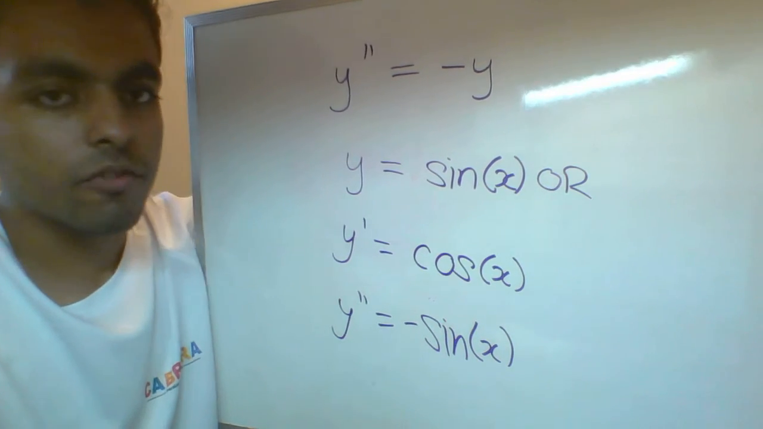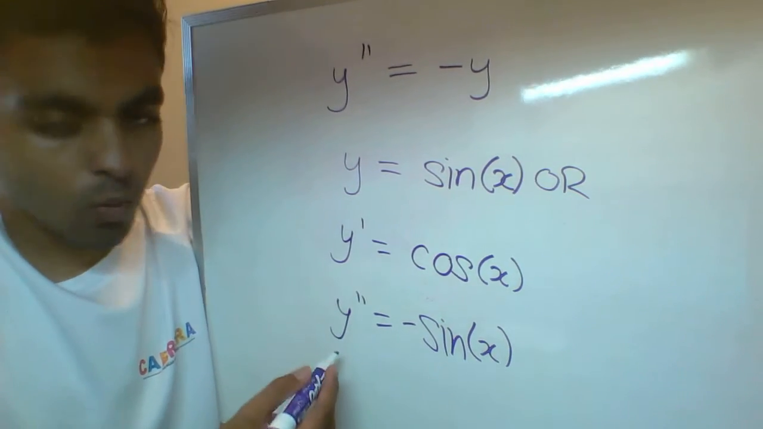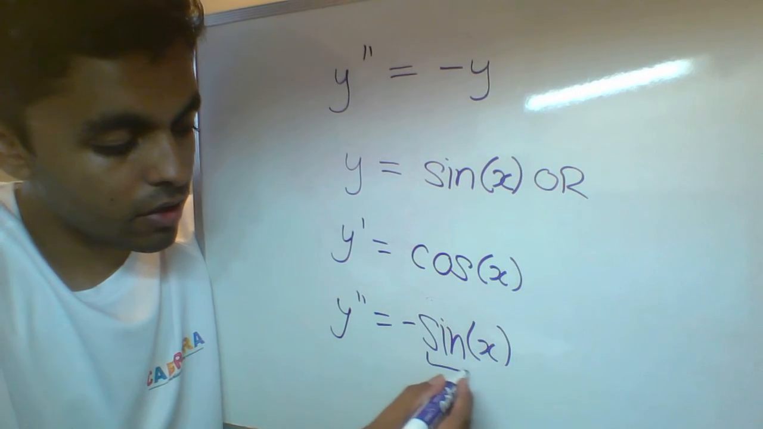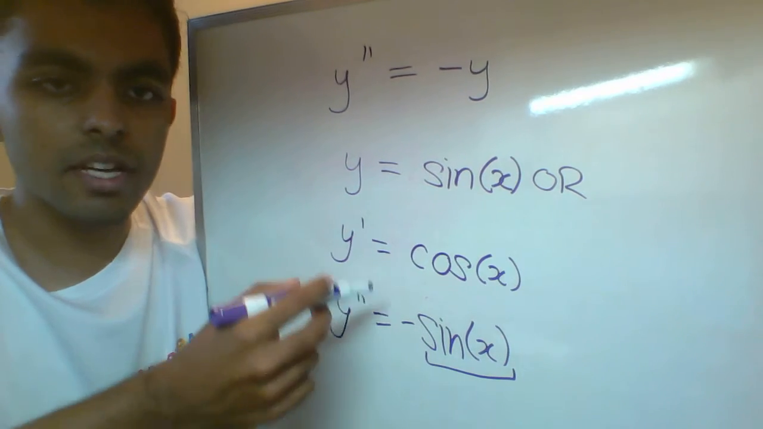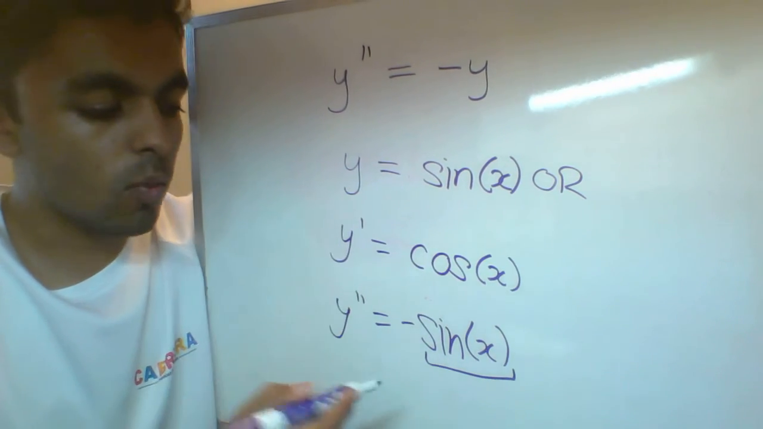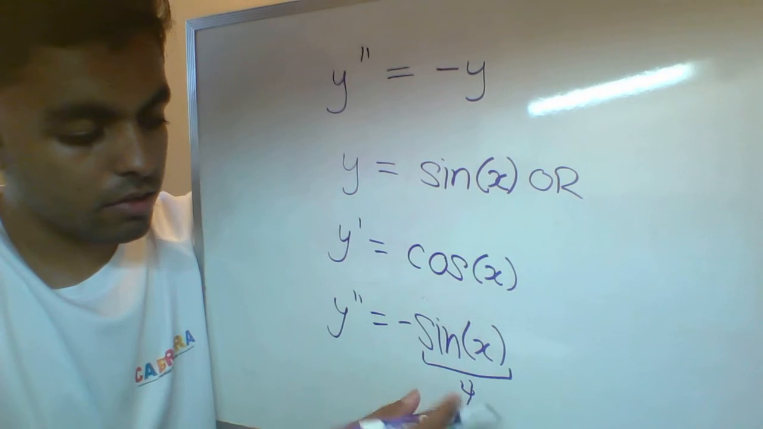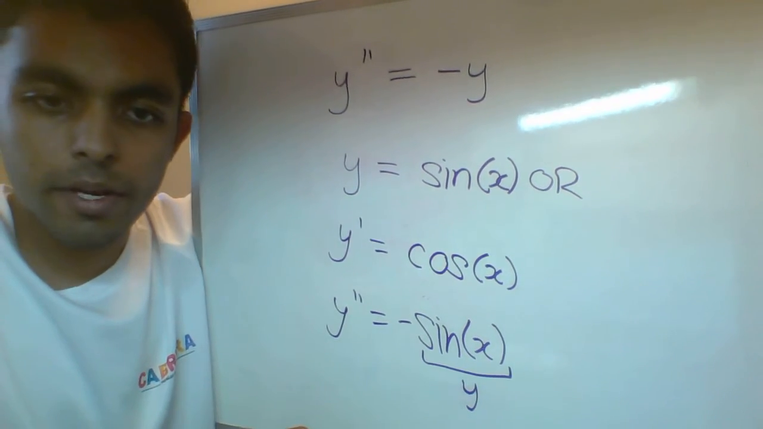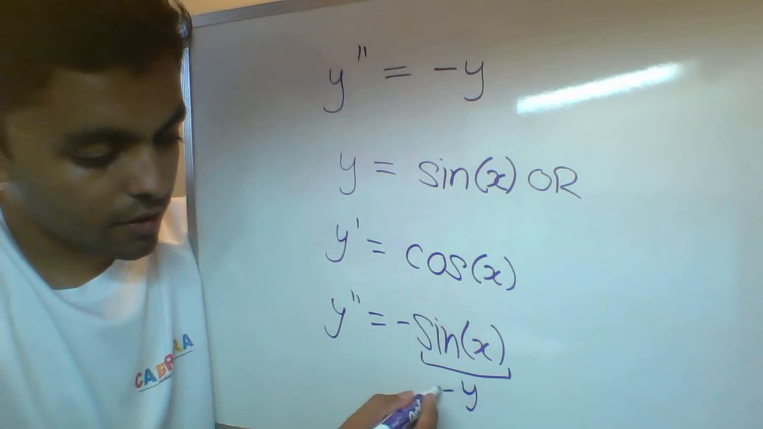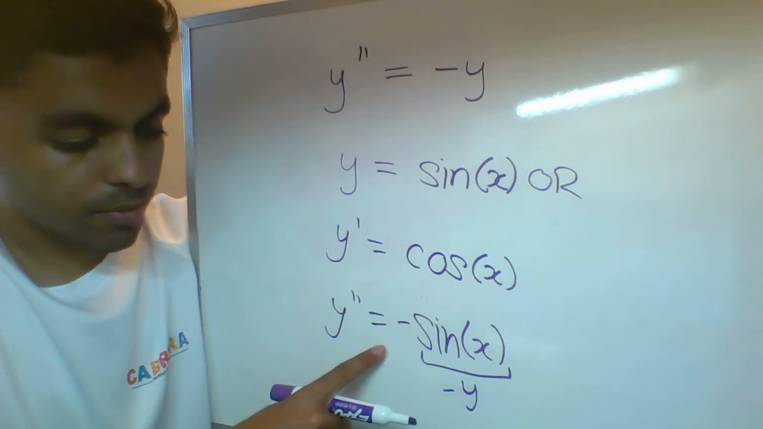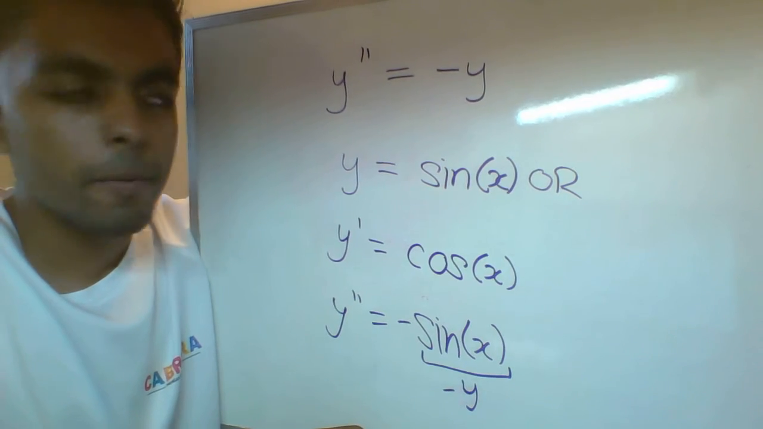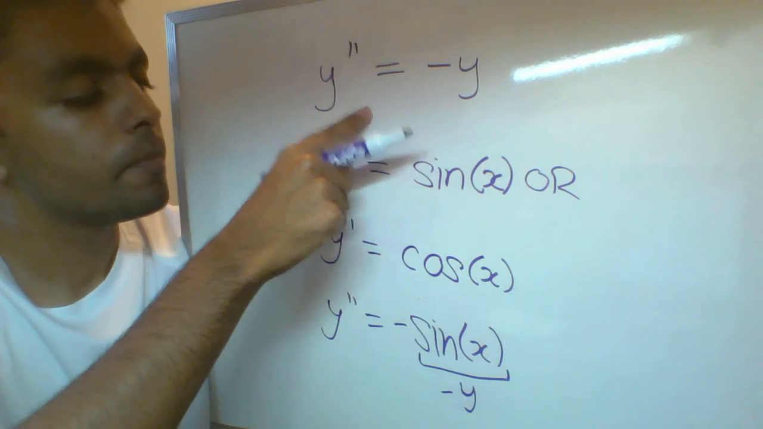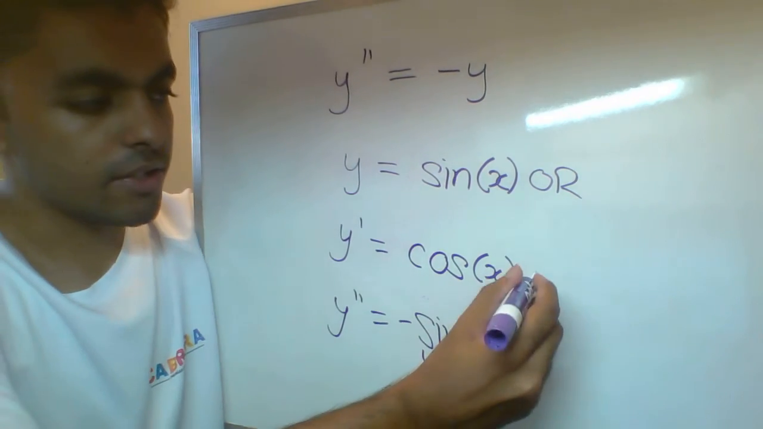Alright? And if you look, we've got y double prime is equal to negative sine of x. But we said sine of x up here is y. And so we just have this negative sign right there. So y double prime is equal to negative y, which is exactly what the question up here is asking for. Now there is a second possible answer,